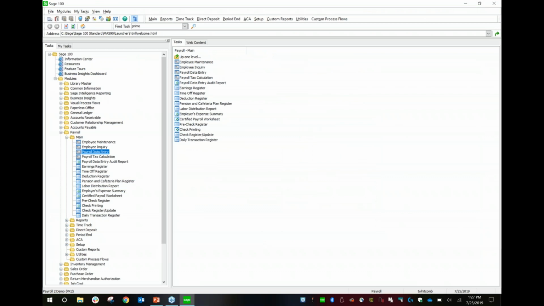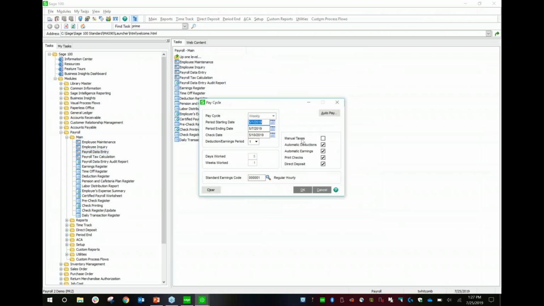So what does the new payroll data entry look like? It is actually a beautiful thing to see. I like it. It's kind of neat to see in the system. Here's that new check date field that I was telling you about. This is where it is in the system. So whatever my check date is in the system, I would just simply put in